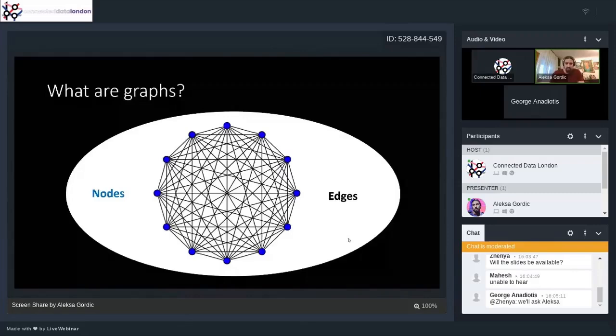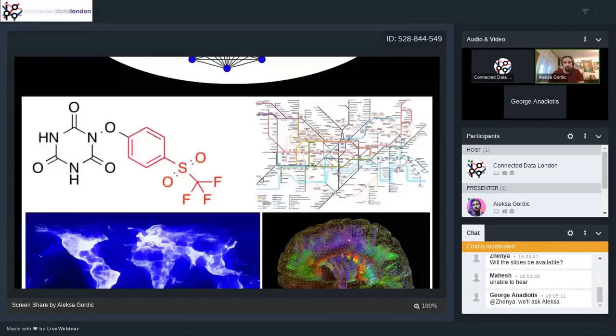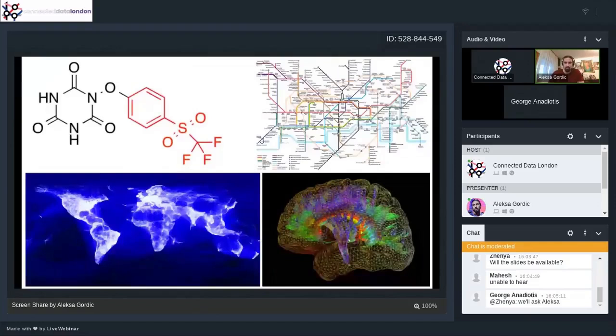Graphs can be, as I said, anything, and you'll often find graphs in nature. Here on the screen, in the top left, one example is molecules. You can naturally model them as graphs, because the individual atoms in these molecules are nodes.